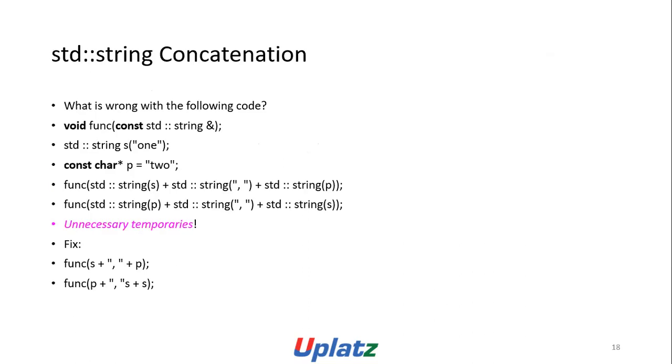std::string concatenation. What is wrong in the following code? void func(const std::string& s1) { const char* p = "2"; func(std::string("") + std::string(",") + std::string(p)); func(std::string(p) + std::string(",") + std::string(s1)); } Unnecessary temporaries. Fix: func(s + "," + p); func(p + "," + s + s);